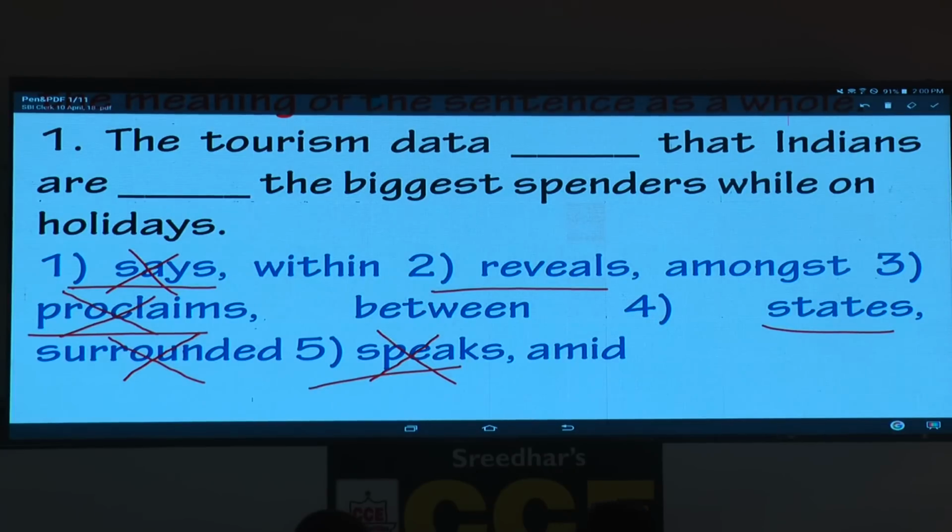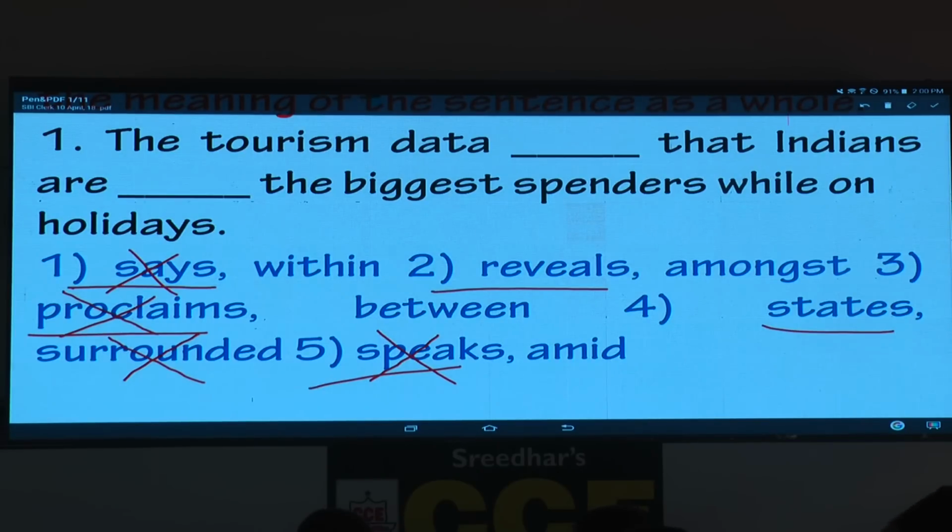I also talked about the second dimension. What is the second dimension? It is a literary expression. Literary, that means what? It goes with formal English. It goes with formal situations. So here you may get confused a little. What is the reason? Amongst, what is the next word? The biggest. There is no vowel letter, there is no vowel sound. But still, you should think of literary expression, that means a formal expression.